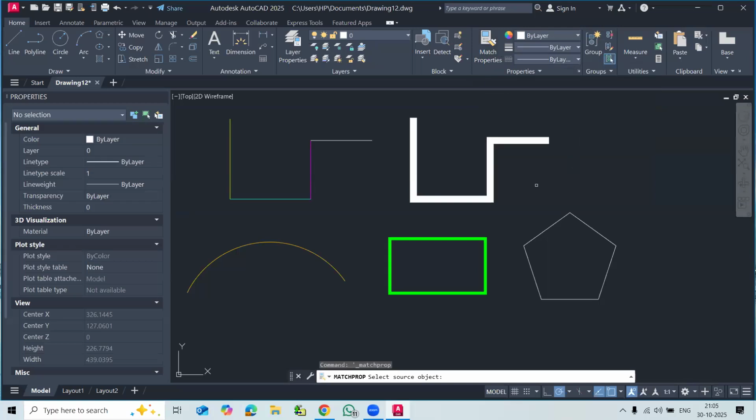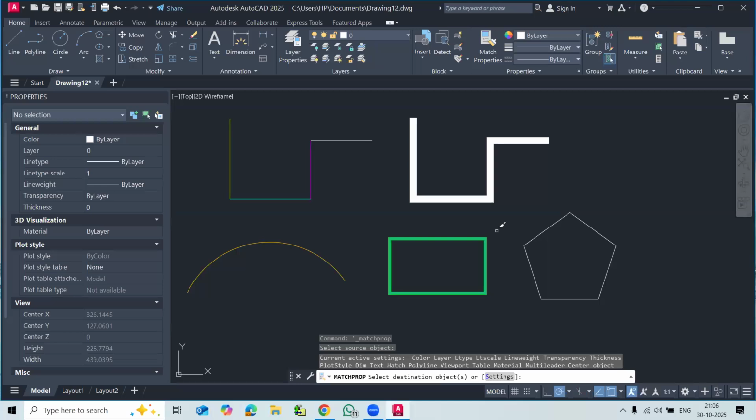The command was started. You can see that the cursor box was a square. Now we have to choose for which object we copy the properties. The green color of this rectangle I want to apply to the polygon. So I want to apply this same green color to this pentagon. I will select the rectangle. Now you can see that the brush is appearing on the select cursor.